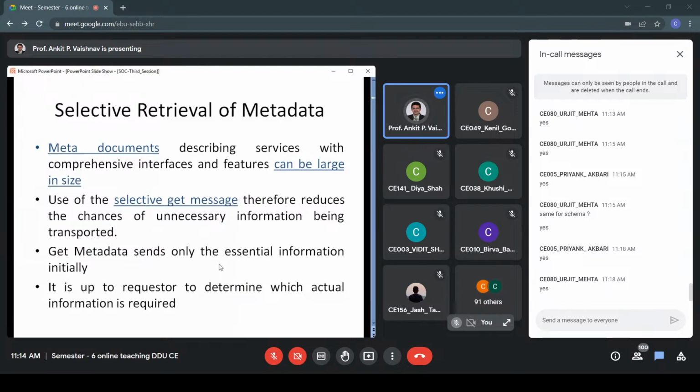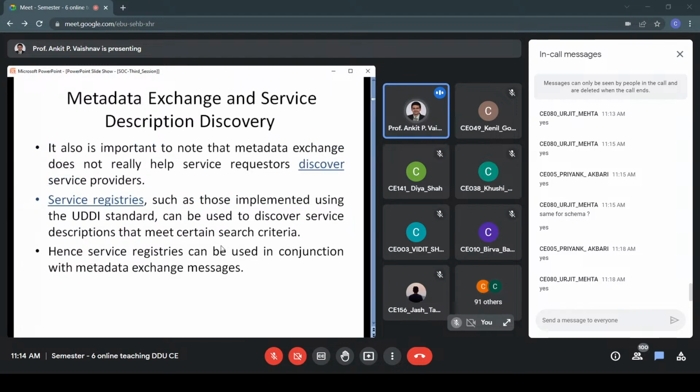Next point, we still have one point to discuss in metadata exchange, that is description discovery. How do we perform service description discovery, using which entity? UDDI, correct. Universal Description, Discovery and Integration.